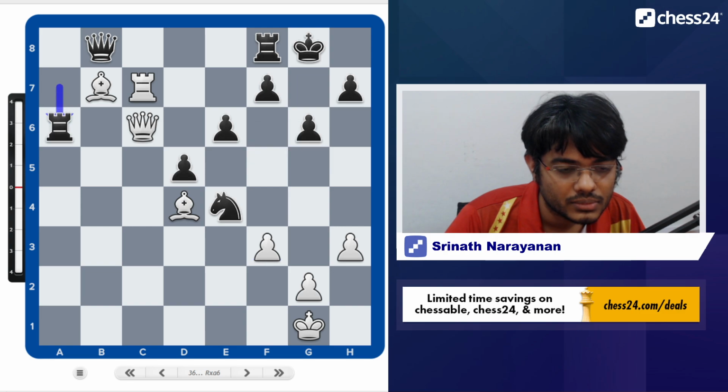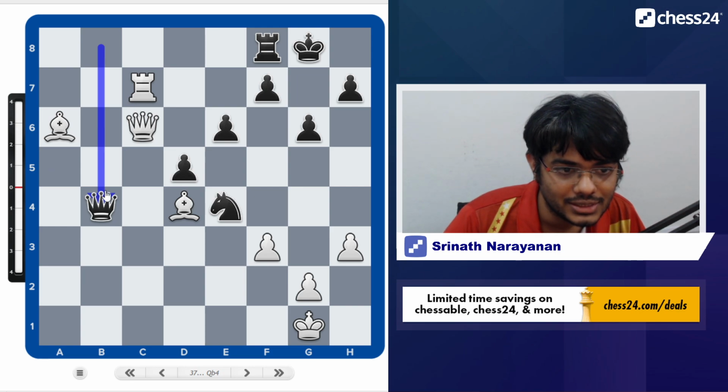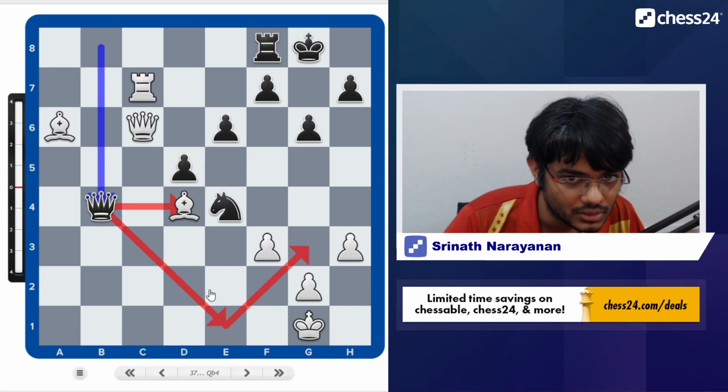So rook a6, Niels tries to fight out desperately. So rook a6 frees the queen from the b file. White cannot take queen into a6 because the c7 rook is hanging. So he has to take bishop into a6, and with queen b4, Niels threatens the d4 bishop and also tries to create a perpetual check threat.